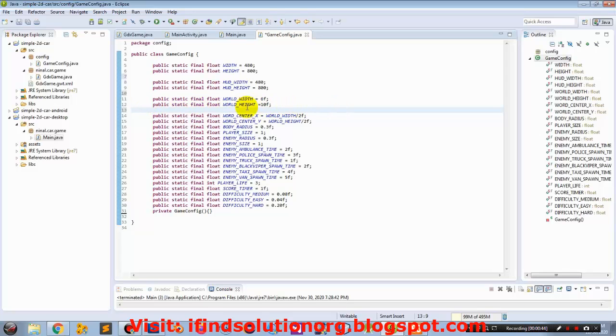This is the size of our game world, so you can just write a comment. Application window. And this one is for displaying score and life